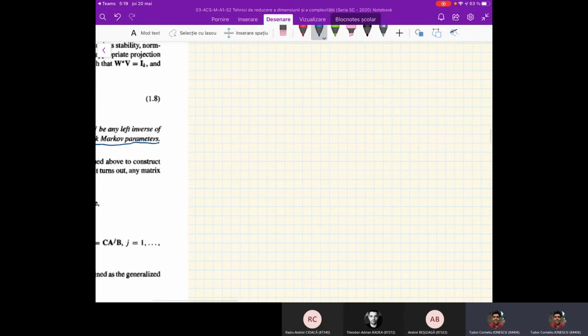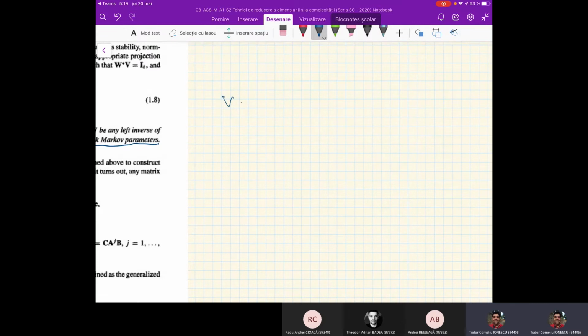In general, but note this, this is very interesting, V is fixed by the columns of R,